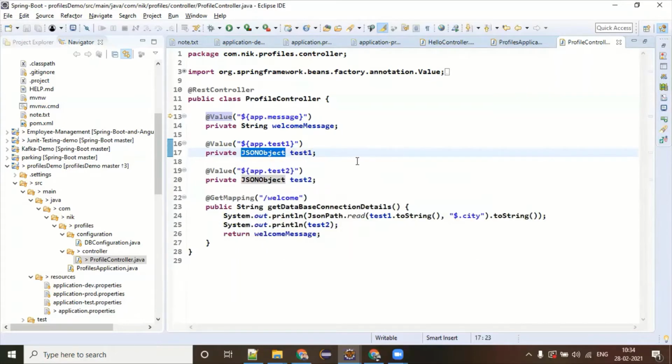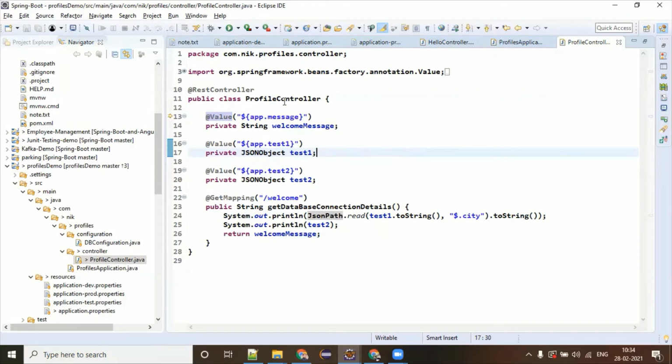This is a really awesome feature. No further configuration, no properties class required, no file reader required. All things are happening internally behind the scenes of Spring Boot. But yes, at the end you are going to get the value like this. I was just exploring one of the libraries called JSON Path for a business need in my projects. So I have used this JSON path, but ignore that part. I will tell you what exactly it is.